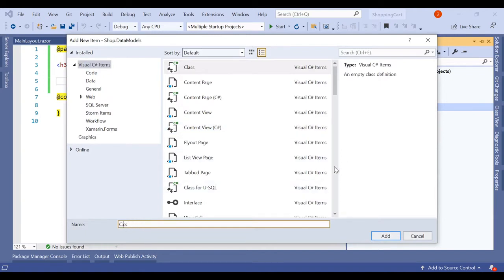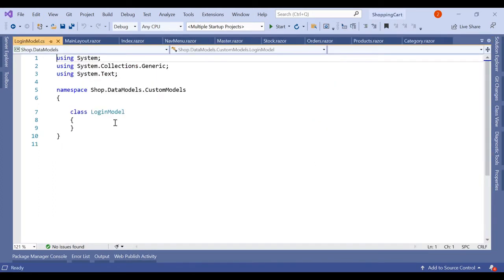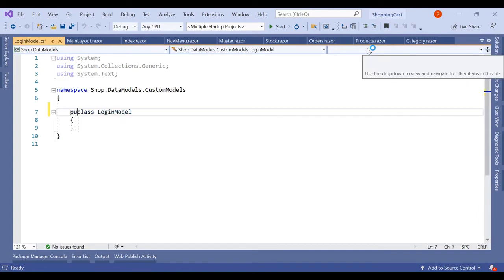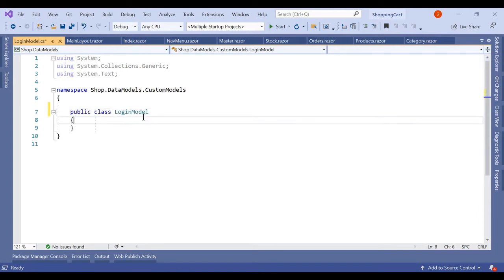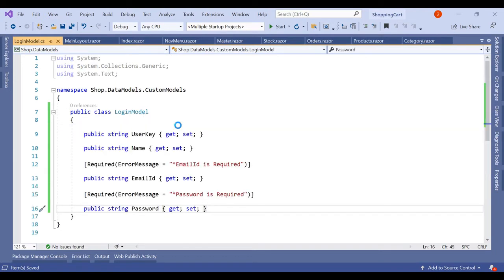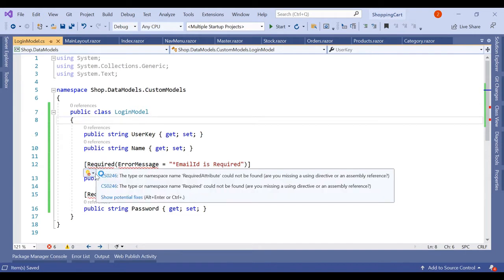and make it as login model. Let's make it public. In this class we are going to add a few properties. So in this login model we have this